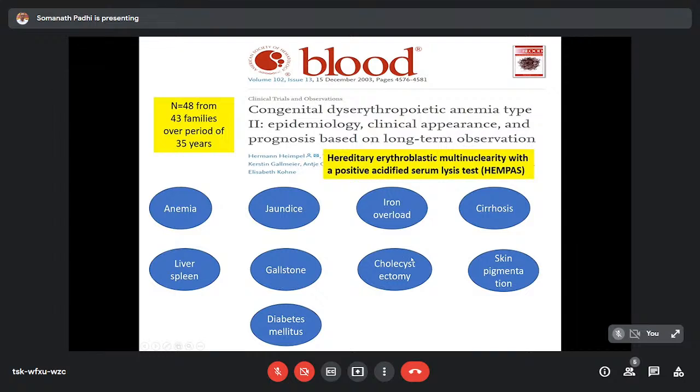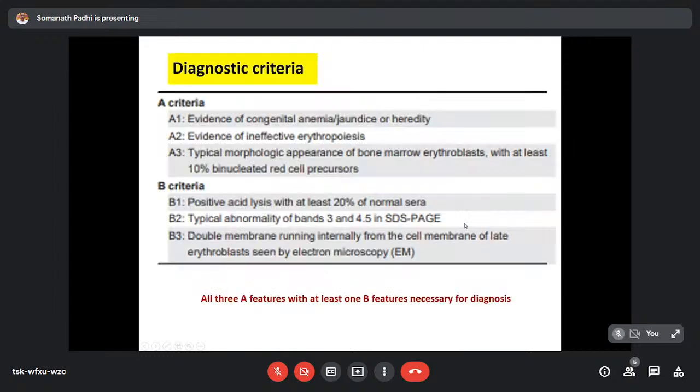30 years. And there was evidence of iron overload, and iron overload that led to cirrhosis in a subset of patients. And also there was skin pigmentation, known as bronze diabetes. And there were only a few patients, 5 out of 48, who died due to iron overload related complications, whereas the rest died because of unassociated complications which are not related to this anemia. And in all these cases,